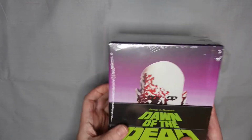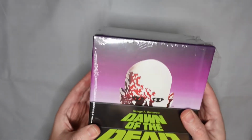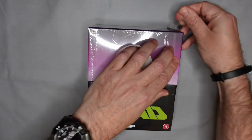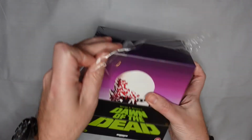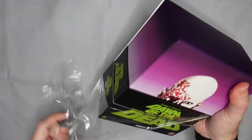And I've still got the shrink wrap on, although in transit there's a little bit broken there, so it's going to make it easier to get into this. But let's start by getting the shrink wrap off so we can get a proper look at this. Didn't need the knife today. So yes, it looks like there's a...